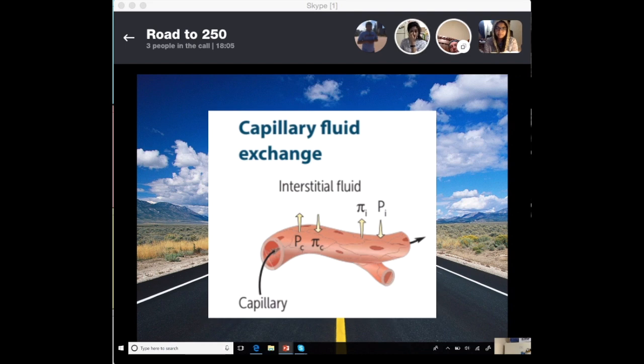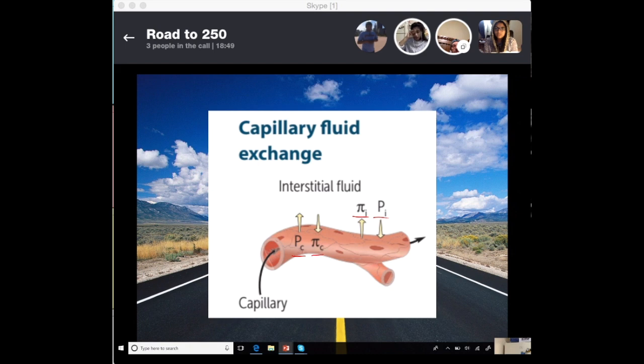Okay, so now we're going to talk about capillary fluid exchange. The basic principle to understand is you have 4 different variables that are going to essentially come up with the ultimate equation of capillary fluid exchange. We have this because we need to exchange proteins, nutrients, fluids, blood, cells,